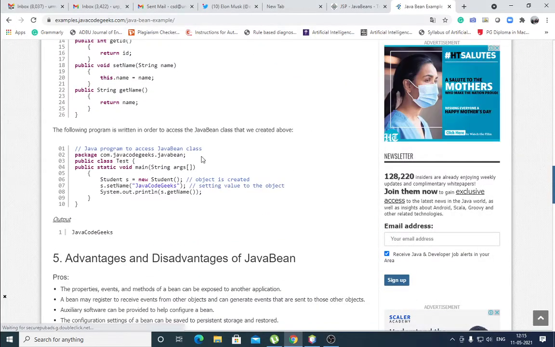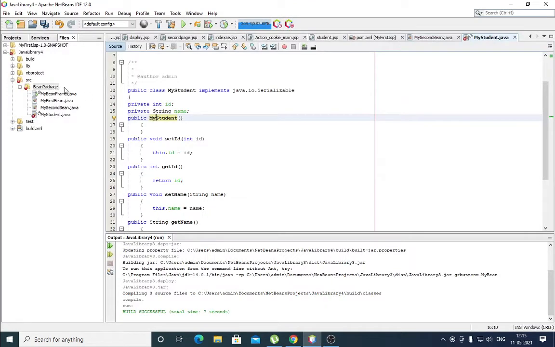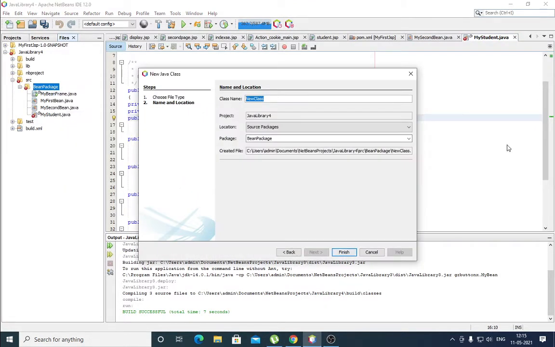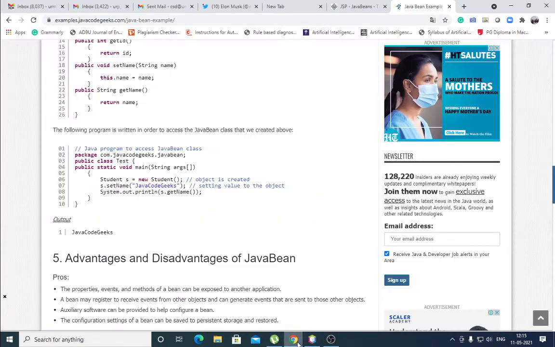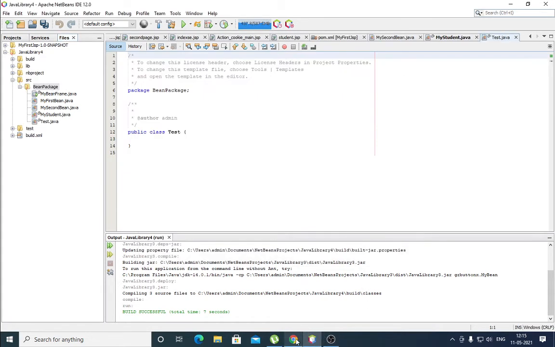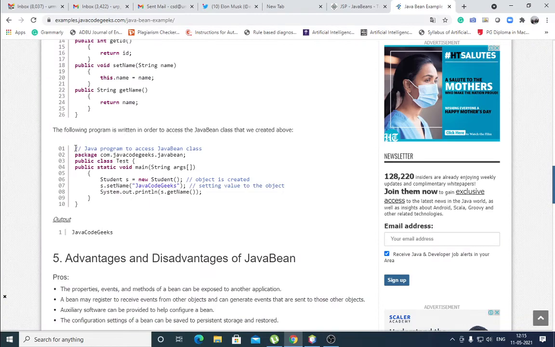Then the program is written outside, to access the JavaBean class that we created above. Again we have to create our new class. That is test. Finish. Here we have to take